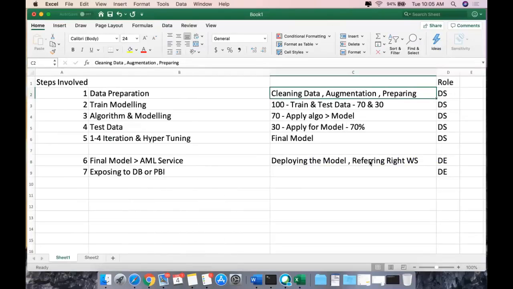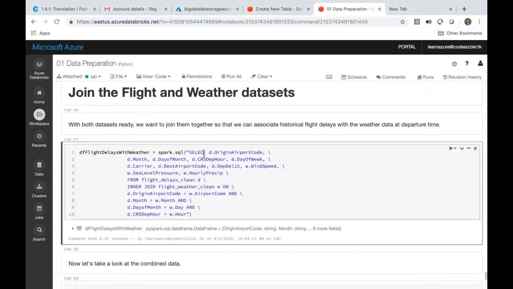My question is, the join that you did using spark.sql, would that be a better option, or joining the two data frames we already have above? I'm just talking in terms of performance. Would there be any difference? Because we already created data frames for the flight delay clean data and the flight weather clean data, right? So joining data frames as such would be a better option, or doing this in SQL format?